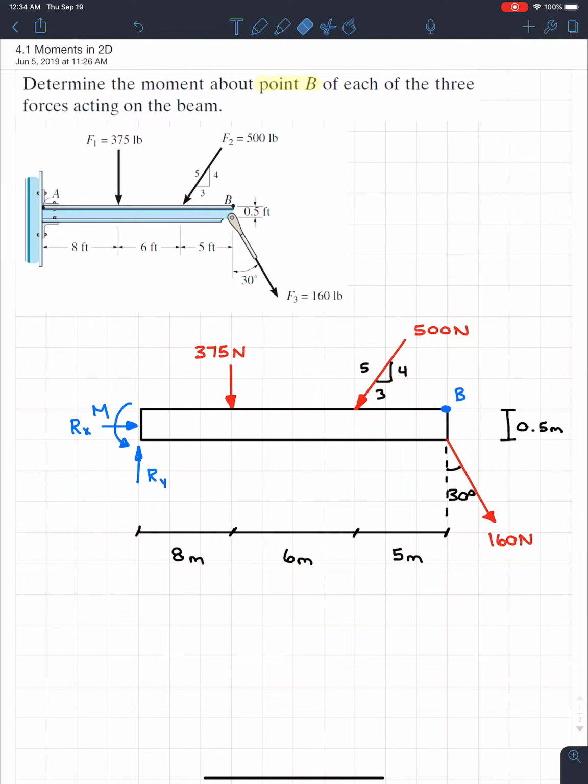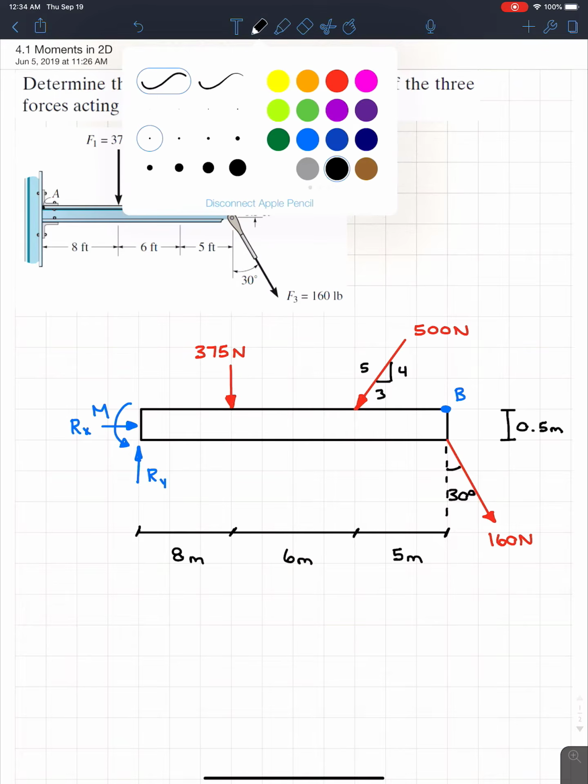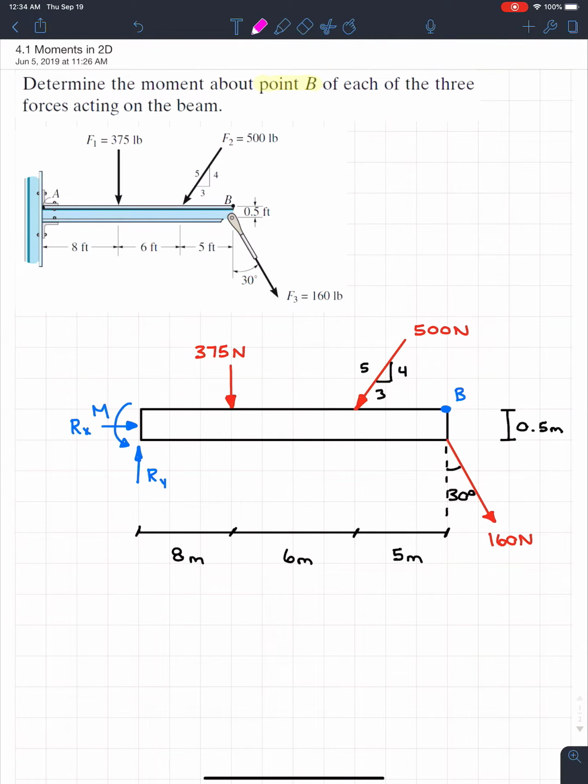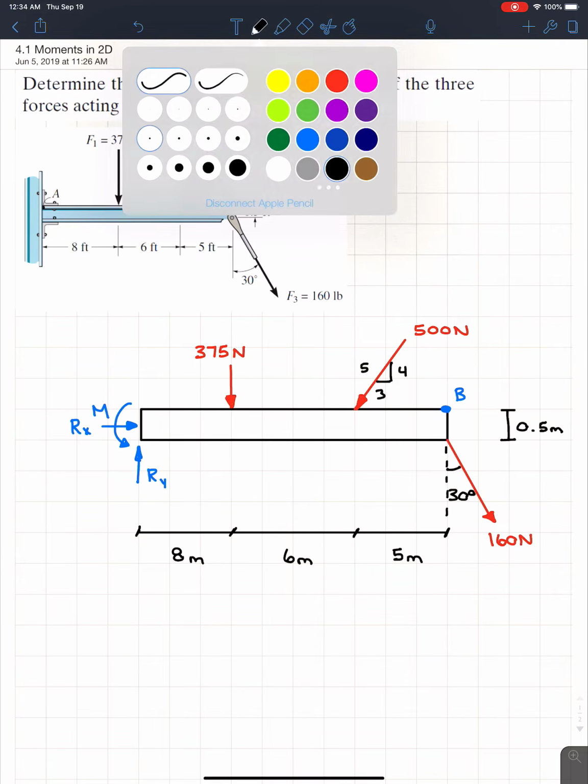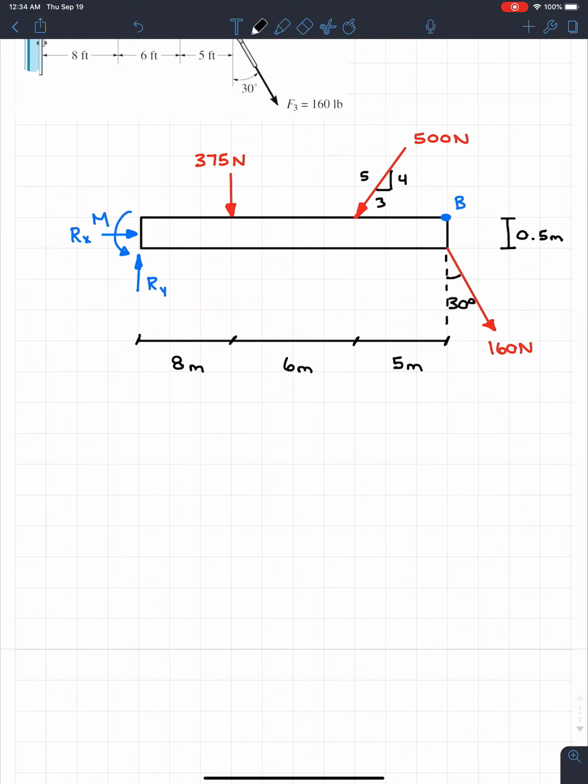let's start determining the moments. So remember what I said about moments. Moments are the perpendicular distance times the force. So if we look right here, I'm going to take pink, and pink is going to be the color I use to define that perpendicular distance. We're going to start with F1. So right here, I'm just going to put F1, and I'm going to say that moment 1 is equal to F1, because we know it's the force, times the